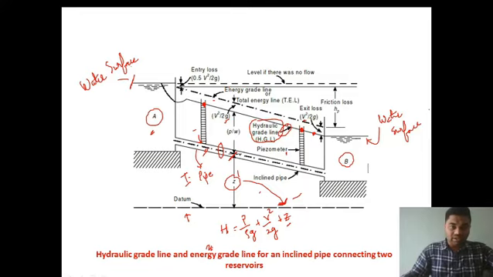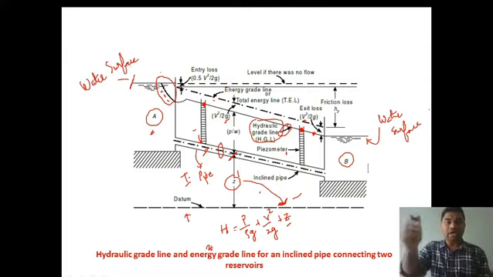And look at the surface of the water. The hydraulic grade line starts over here. At reservoir A, the hydraulic grade line is not continuous, it is not specific, whereas here it is a constant smooth line. Here you can see it is represented by dotted lines. Why is it so? It is due to a sudden pressure drop.